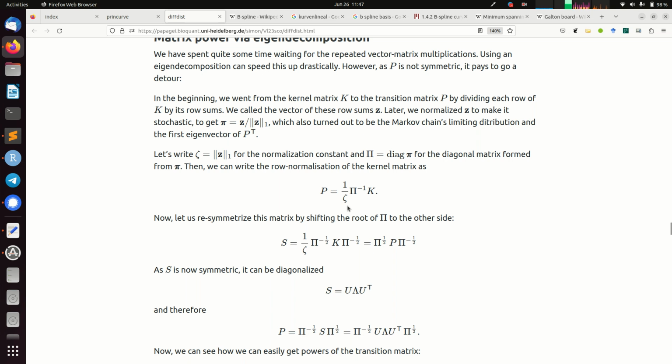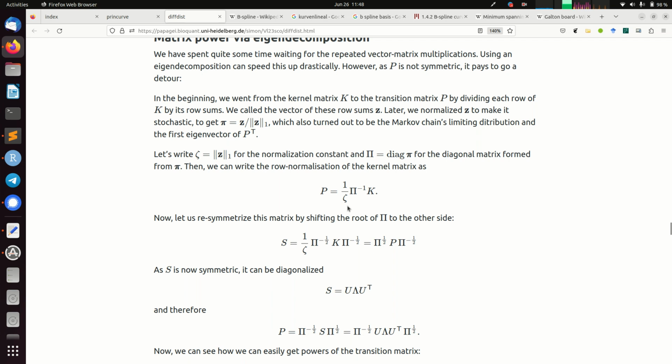And with Z, just to remember that, we said this is the same as our stationary distribution pi, but not yet normalized. So this is this normalization constant. When we said we changed Z into pi, we have defined Z as the row sums of K, and zeta is the sum of Z, and pi is then the normalized stationary distribution. And the way how we can write this is that we say